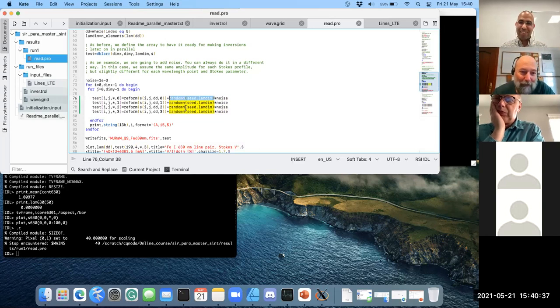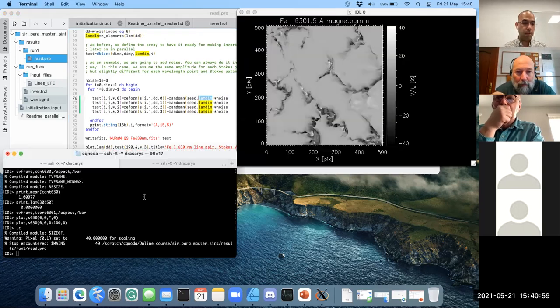Yes, sorry. So this instruction seed is creating different values for the length of the vector. It will create a different value, and it has the same size as the wavelength vector. So what I'm doing is adding a noise that is different for each spectral point. So we have, for example,